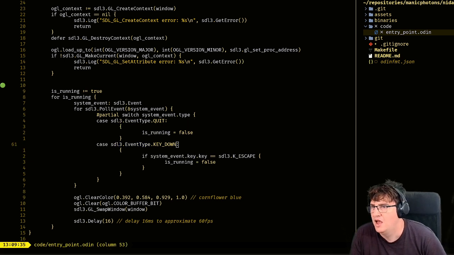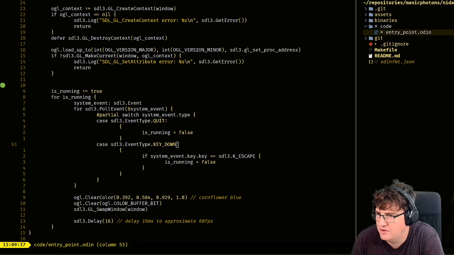Okay. Odin format. How do I configure that?